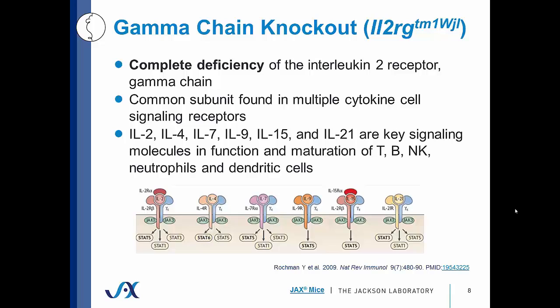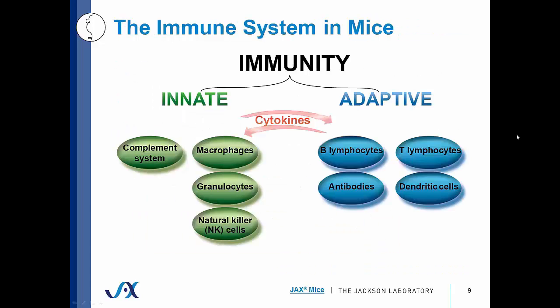So before I get into the details of how we build a humanized NSG mouse, I'd like to briefly go over the components of the immune system and how they all work together. There are two main branches of immunity, innate and adaptive. Innate immunity is the first line of defense against foreign invaders, and it does this through recognition of conserved molecular patterns commonly found on pathogens. Cells of the innate immune system include complement, which aids in the destruction of extracellular bacteria, macrophages, which engulf dead cells and pathogens, granulocytes, including neutrophils that release granules to directly kill microbes, and natural killer cells, which directly kill